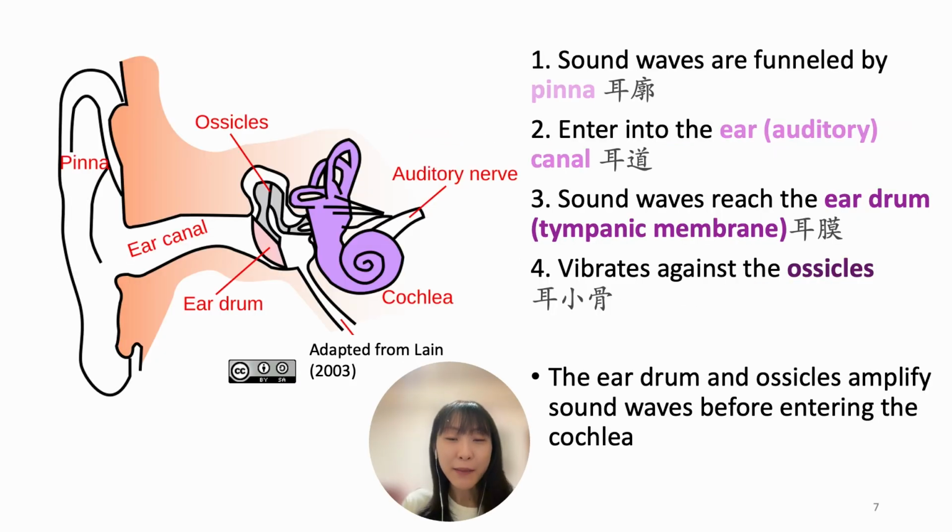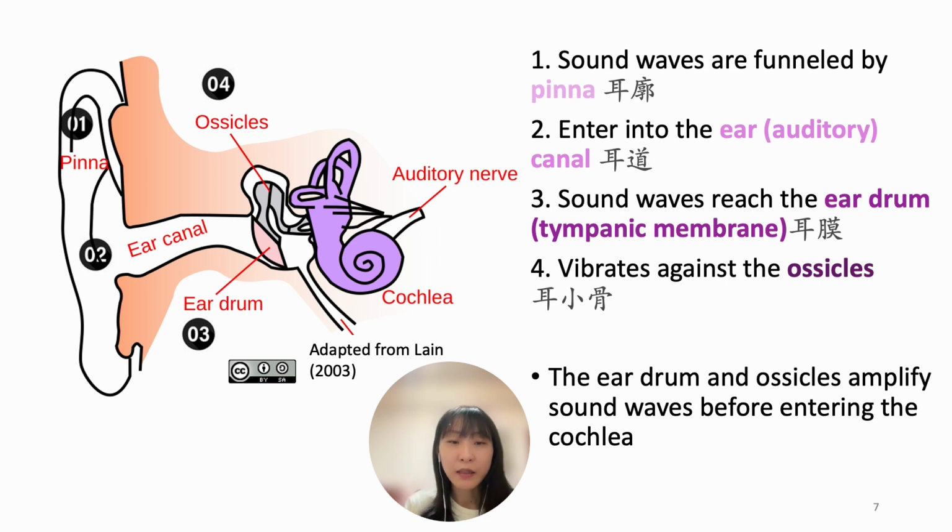Let's go over the steps of how sound waves enter our ear. First, sound waves are funneled by the pinna. Then they will enter the ear, or what we call the auditory canal. After that, the sound waves will reach the eardrum, a thin membrane called the tympanic membrane. Finally, the sound waves will reach the ossicles, which contain the three smallest bones in our